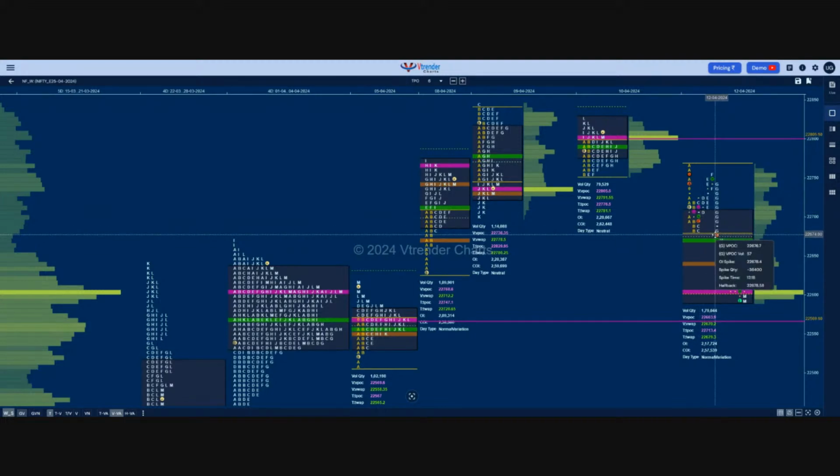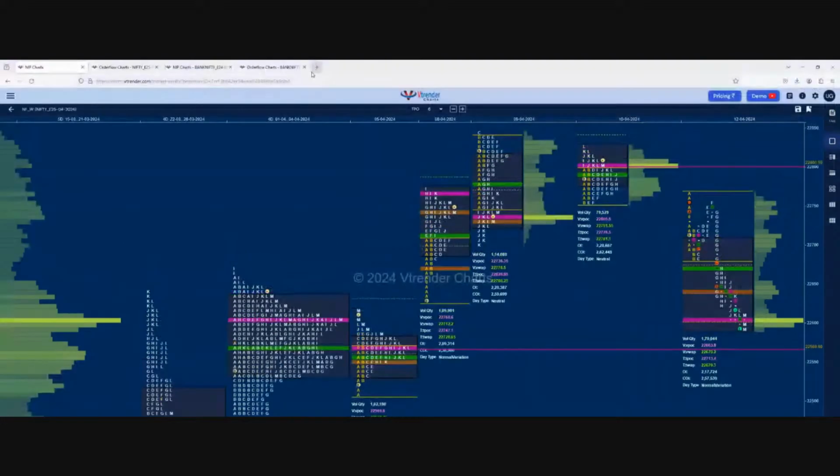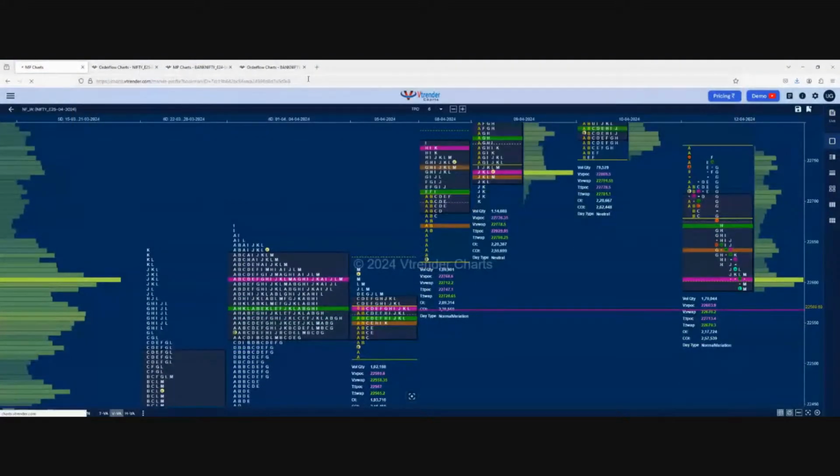So I'll show all these market profile charts on the 30-minute order flow also, so that we can make sense of how order flow complements the market profile chart. So this is how this week started. So if I switch it back to the weekly chart,